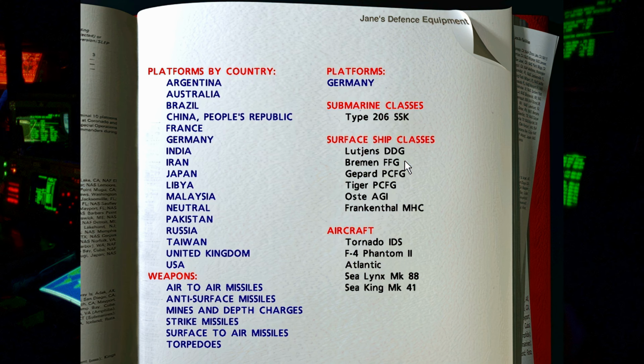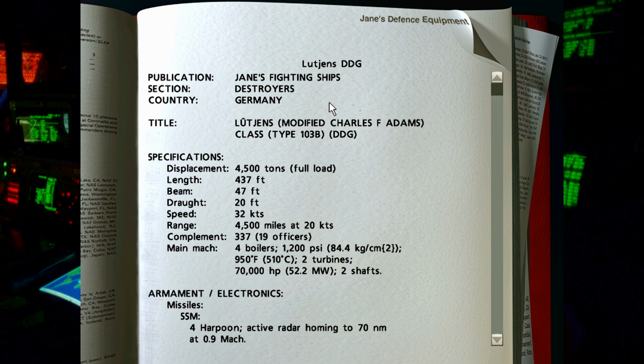Surface ship classes, starting with the Lutjens Guided Missile Destroyer. Lutjens DDG, publication Jane's Fighting Ships, section destroyers, country Germany. Title Lutjens Modified Charles F. Adams class, Type 103B Guided Missile Destroyer. Specifications: displacement 4,500 tons full load, length 437 feet, beam 47 feet, draught 20 feet, speed 32 knots, range 4,500